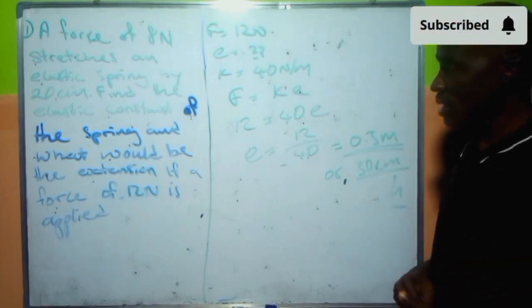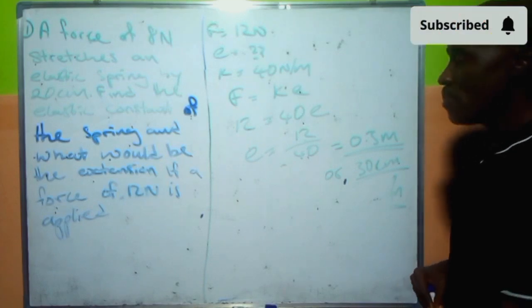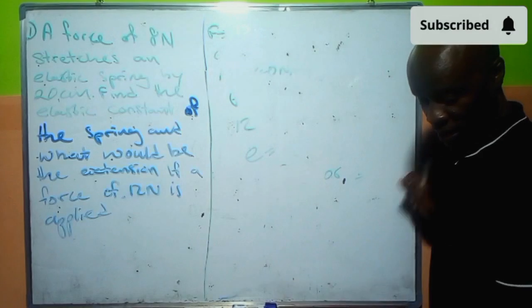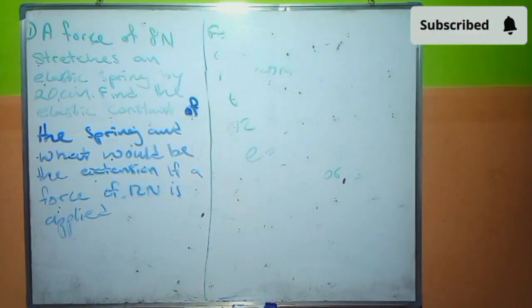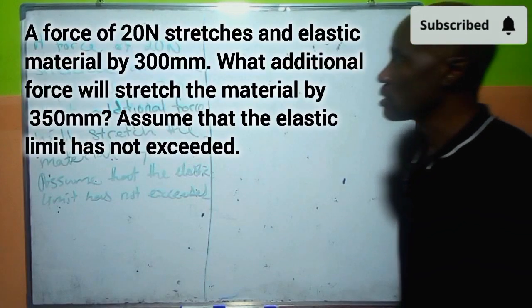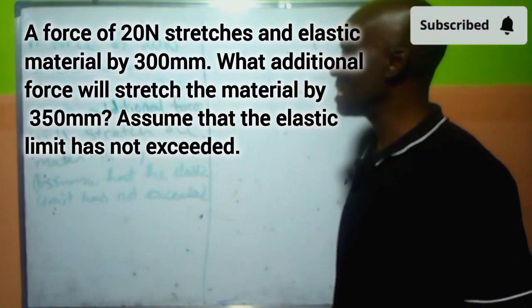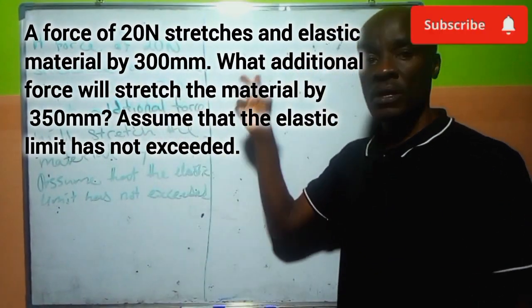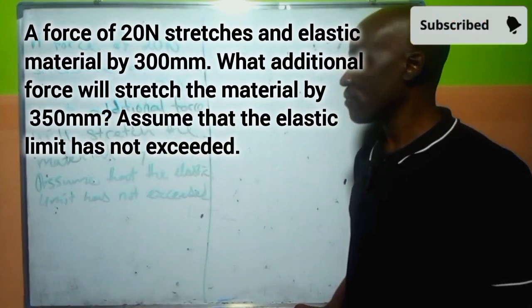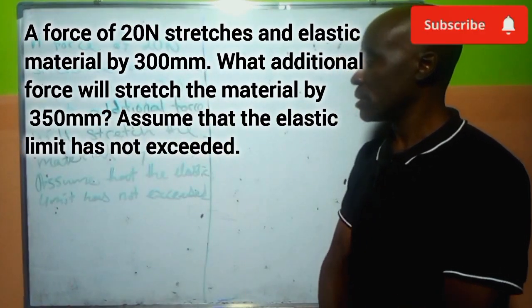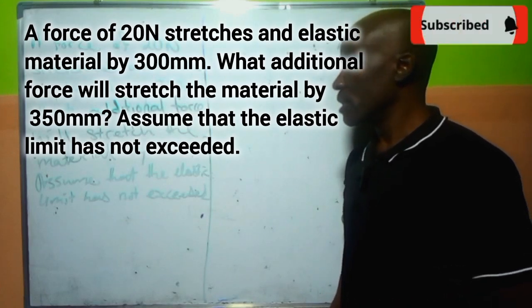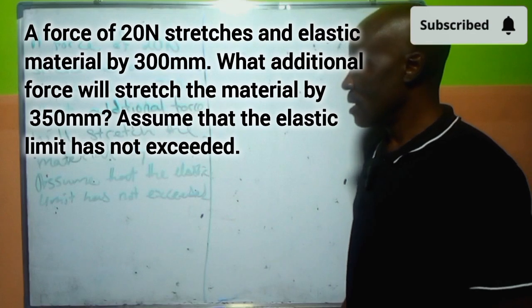So we're going to be looking at another question. We're going to be seeing another question again that will be a bit different from what we have here. So here it said that a force of 20 newtons stretched an elastic material by 300 millimeter. What additional force will stretch the material by 350 millimeter? Assuming the elastic limit has not